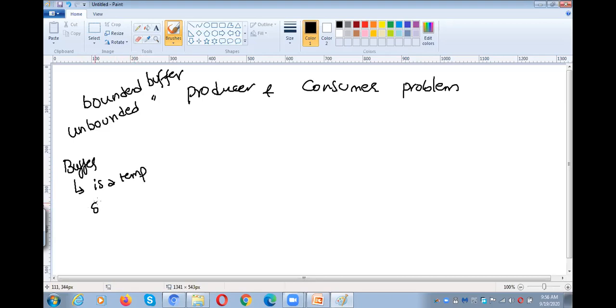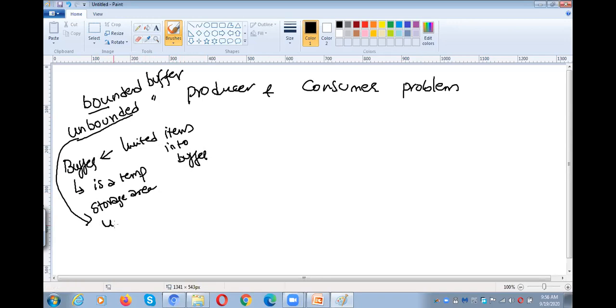If it is a bounded buffer, then we can keep limited items in the buffer. If it is unbounded, as the name indicates, the buffer size is unlimited, so we can keep unlimited items in the buffer.